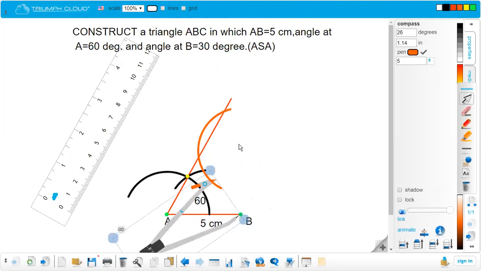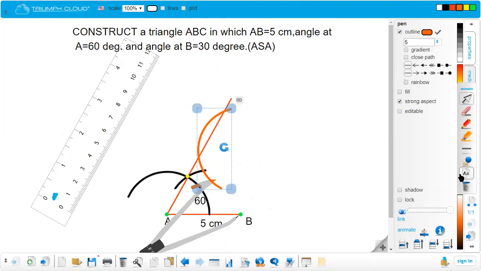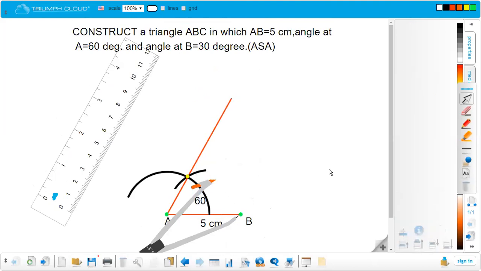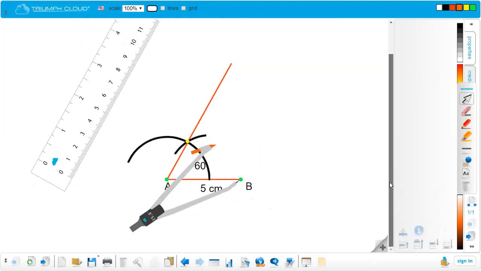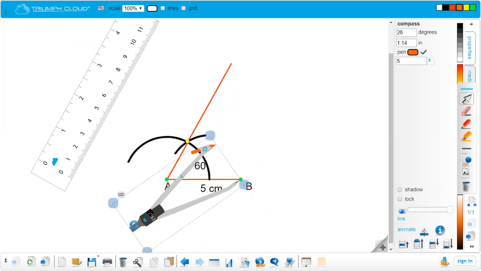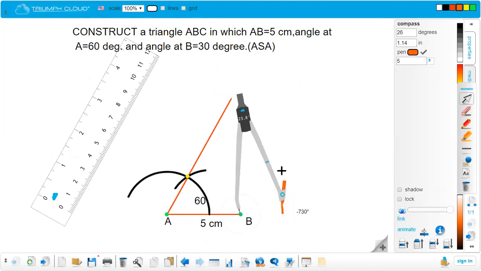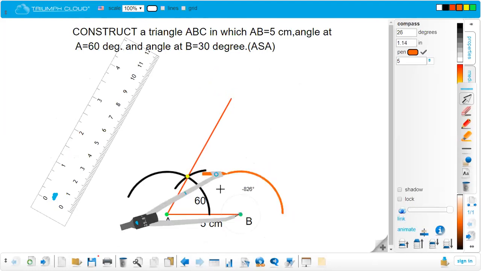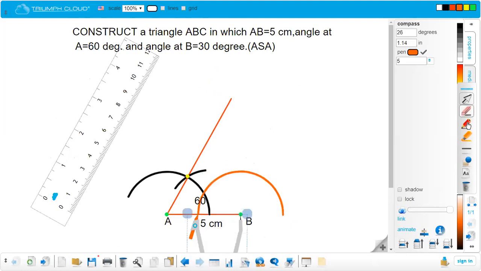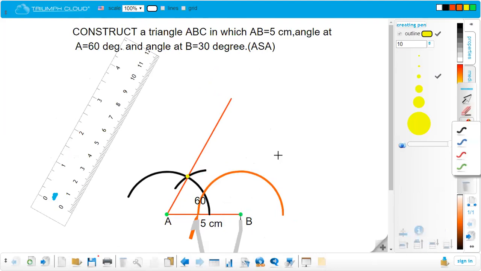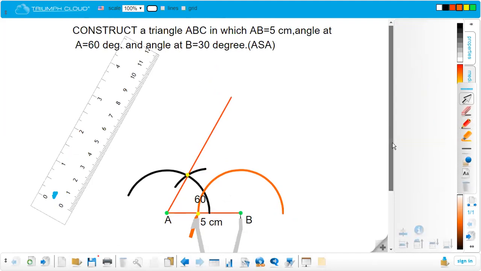Sorry, this is mistakenly here I have made. And rotate the compass very properly. Okay, let me rotate this 1 second. Just I am going to make an angle of the 30-degree at the point B. And here these 2 points, this is the point of the 0-degree. Okay, and the 30-degree is constructed.